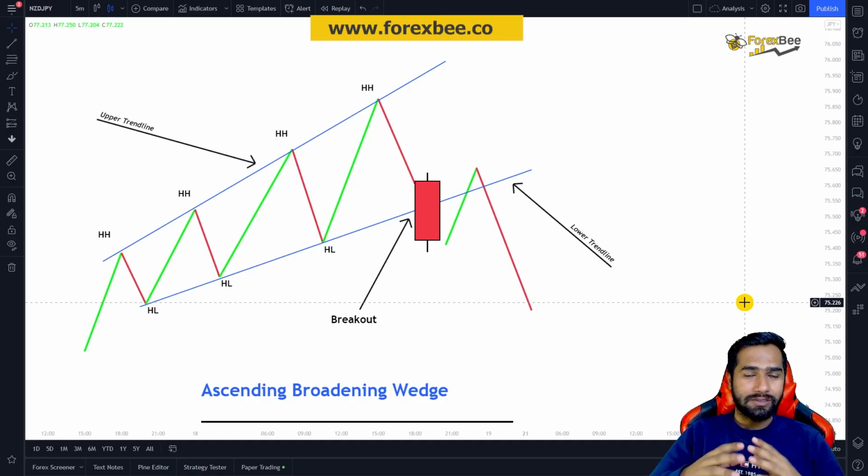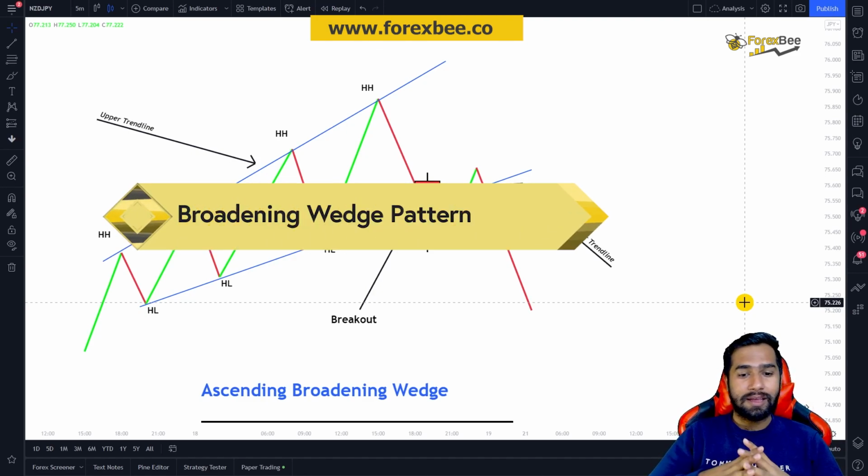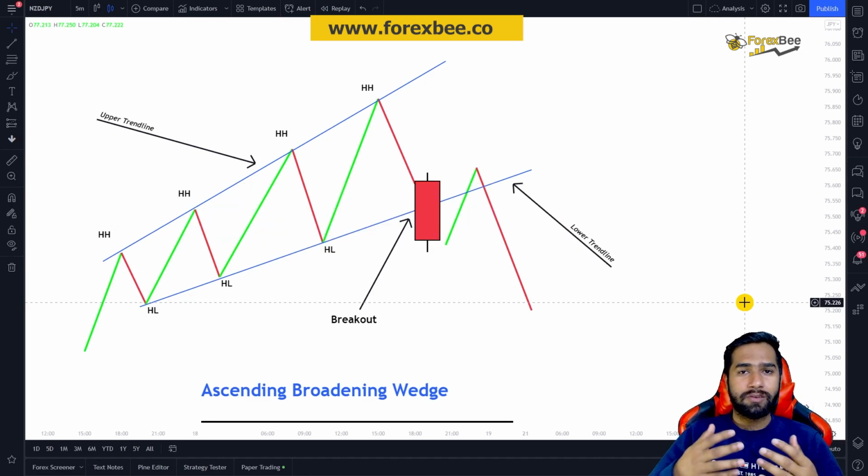Hey guys, welcome back. I hope you guys have been having a great day. And today we're going to talk about the ascending broadening wedge pattern. This is a very good pattern that you can use in your trading strategies, and also you can use this pattern in order to predict if the market is going to be reversed, okay, if the current trend is going to get reversed. Okay, so first of all, we're going to learn how you can detect this pattern on your